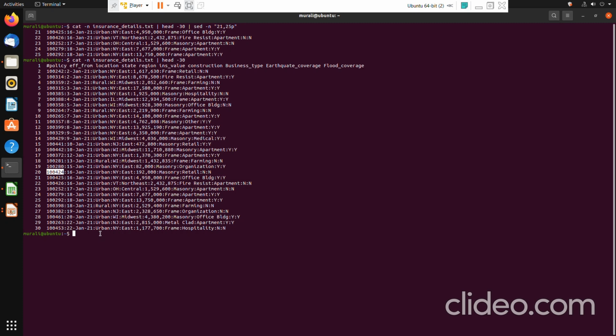This may not be a very small file, it may be a million records, and somewhere down the line this particular required record would be there. So finding out which line it is and then giving 1 comma that line would be a really cumbersome task. So is there any action which would print exactly up to that particular line? The information that I have is the name of the file and the pattern, the line wherein I want to look for this particular pattern, till which line I need to print.